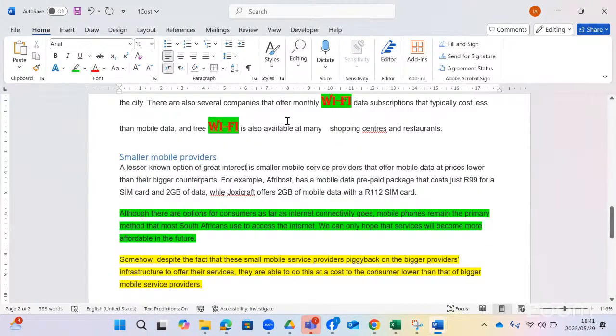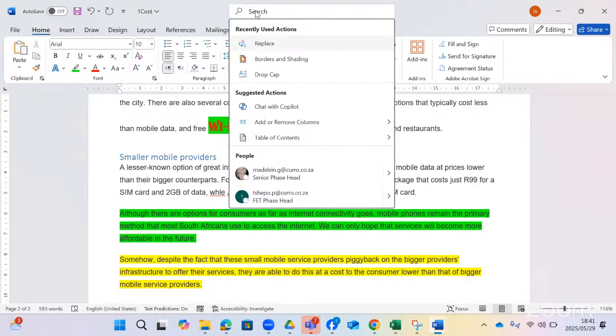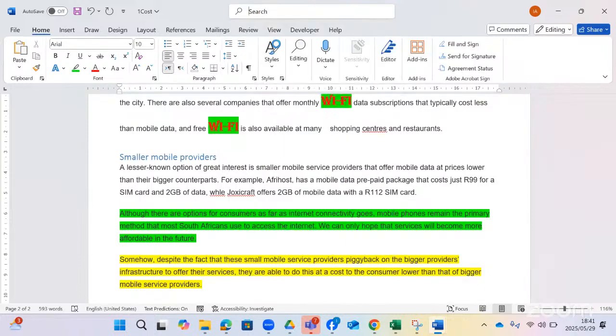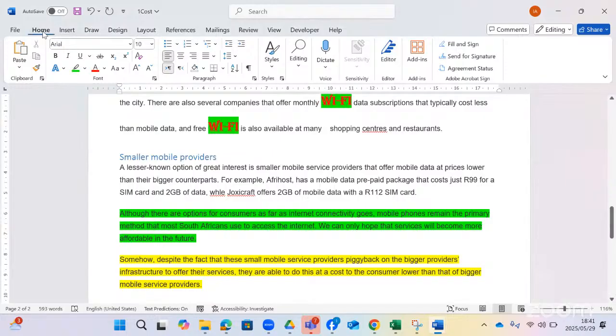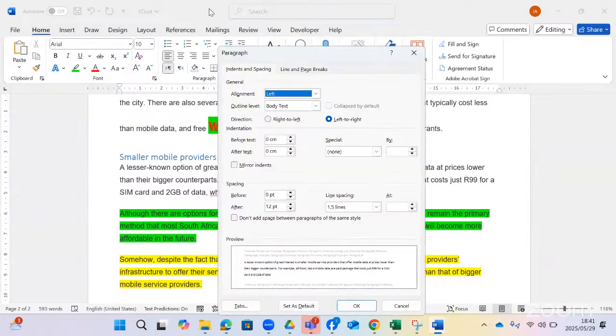For paragraph spacing, you can also go to the search and type paragraph. Then it's going to give you paragraph settings. Or we can use the Home tab, where there is a paragraph group with an arrow, which is paragraph settings. Click there. Now we can change the paragraph settings here. Right, and in the examination, if you don't know where to find it, you are allowed to search also by picking